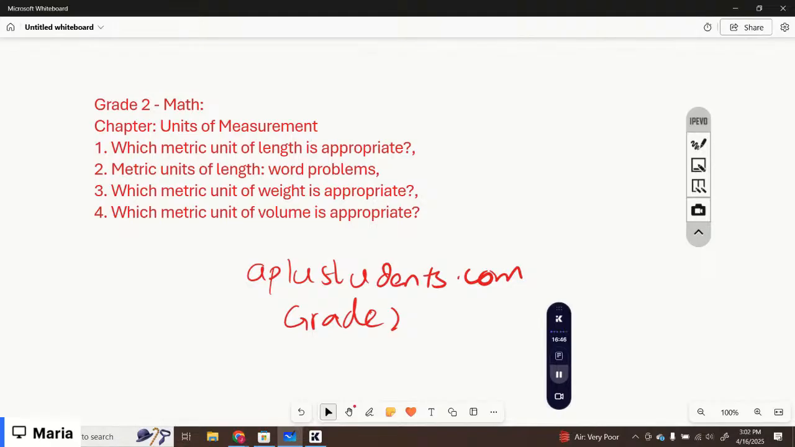We're going to start with the chapter unit of measurement. The lessons we're going to cover today are which metric unit of length is appropriate, metric unit of length word problems, which metric unit of weight is appropriate,